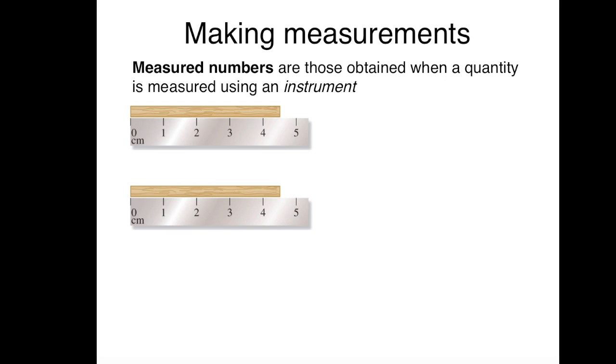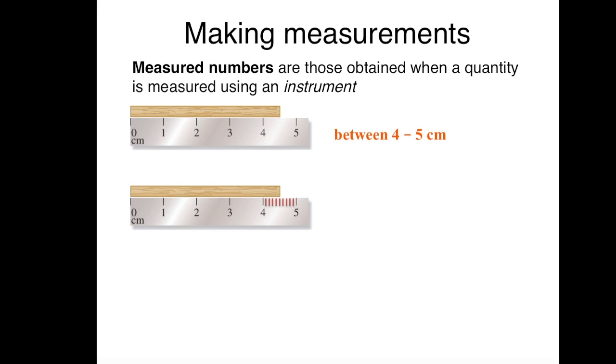So for example, if I have a ruler here and I want to measure the length of this wooden stick, what would you record as the length of this wooden stick? Okay. The first thing I want to say is the markings. The markings are every 1 centimeter, and you see that the length of this stick is between 4 to 5 centimeters. Now would you say that this is 4 centimeters or 5 centimeters? There's no marking in between, so how can we know? Well, we can simply guess that this is 4.5 centimeters, but if you want to be more systematic in your